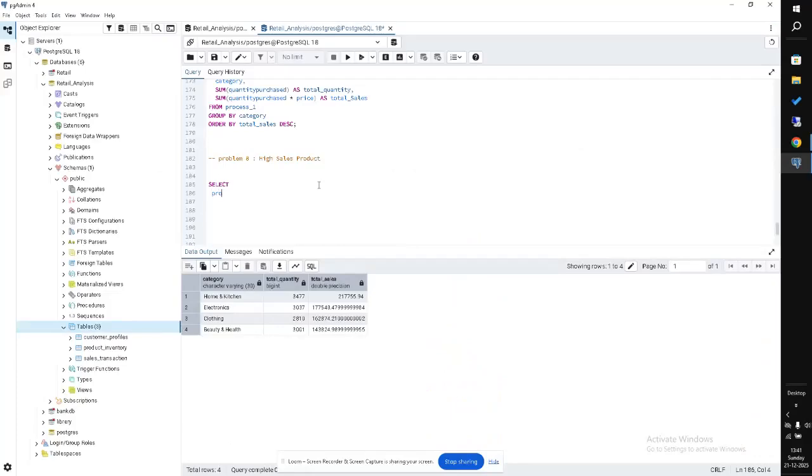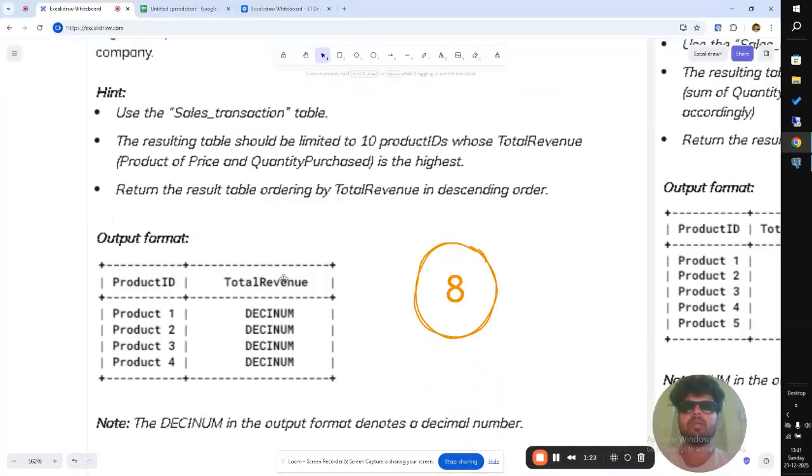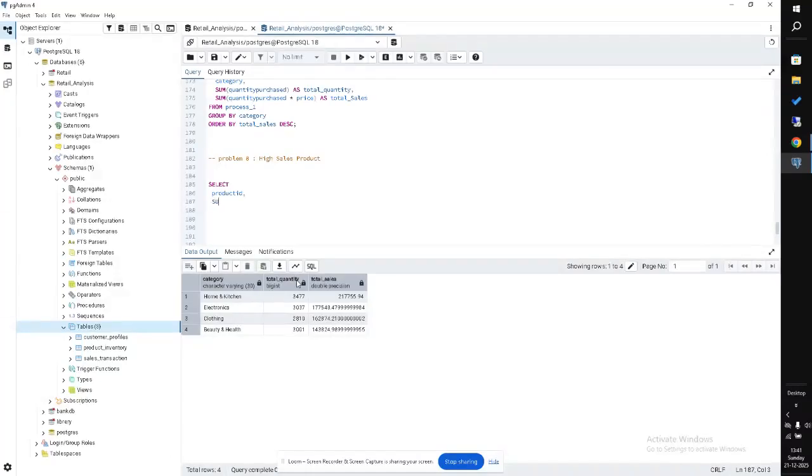Select product ID. We will use total sales, so we will use sum of price into quantity purchased as total revenue